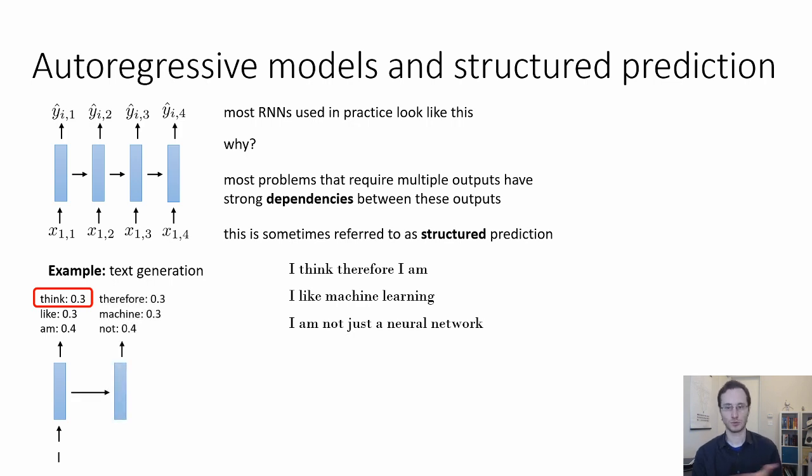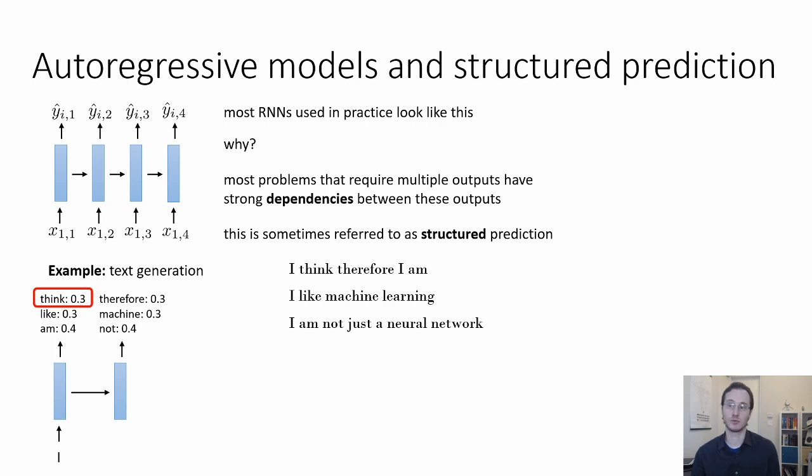And then we proceed to the next time step. So we have this linear layer that uses the previous activations to compute the new activations. And then we have our output at the second time step, and that again goes through a softmax distribution. The trouble is that the network doesn't know which word was randomly sampled from that softmax. So the network thought it produced an output that is 30% think, 30% like, and 40% am. Without knowing what you sampled, at the next time step, it's going to still be in this kind of superposition